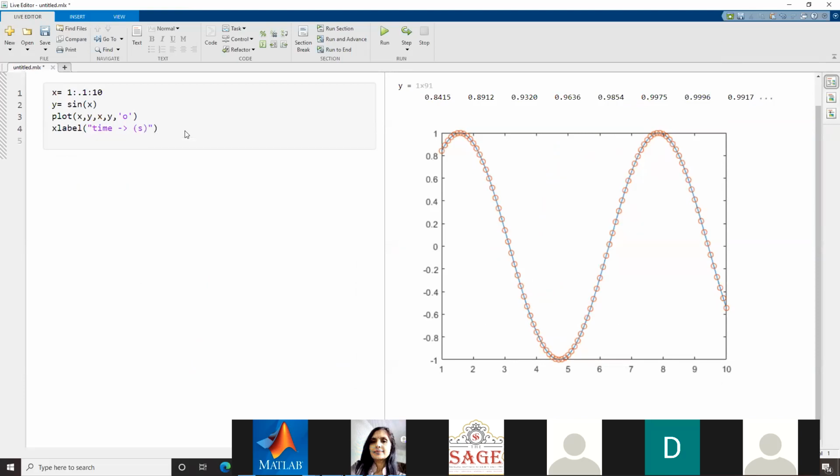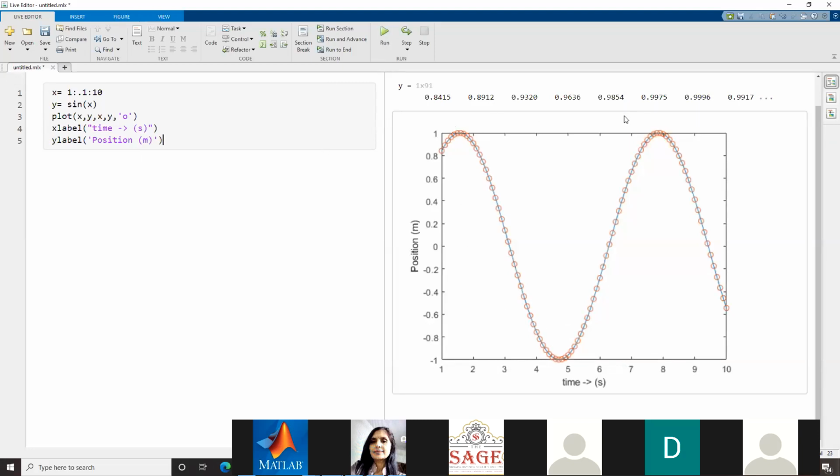To give the information about y label, I can write ylabel. Say it is representing the position in terms of meter. And run it.